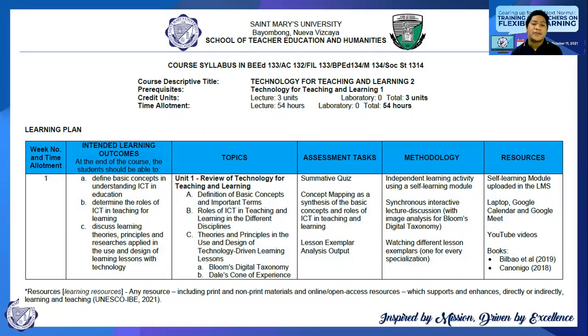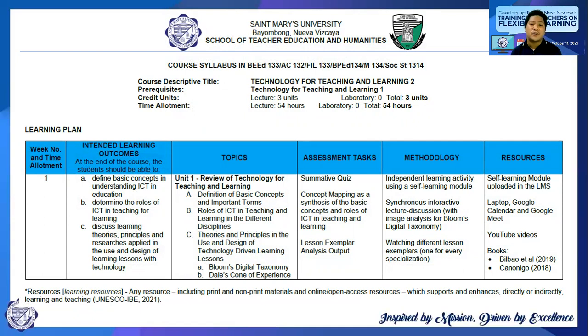And the intended learning outcomes are, at the end of the course, that's the condition, the student should be able to, that's our audience, and then we have their 3 intended learning outcomes for week 1. Now for these 3 intended learning outcomes, we have the topics for unit 1, the review of technology for teaching and learning. After knowing the topics to be covered for the intended learning outcomes, I identified what are the assessment